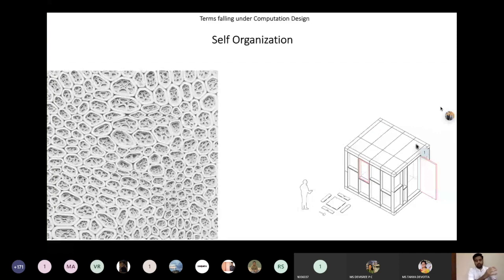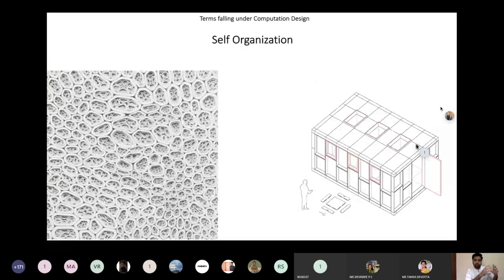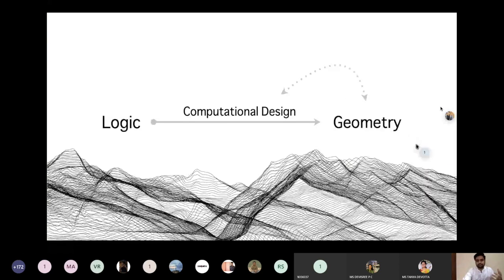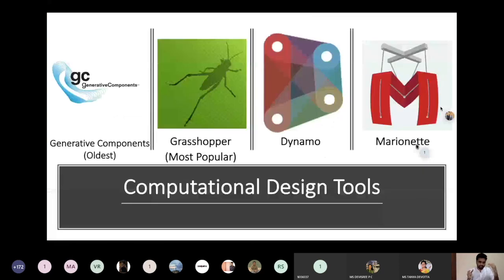So moving on, we can see the logic of the human brain and the geometry he wants to achieve at the end. But before achieving the geometry itself, computational design plays a role in the middle, as a big plugin. So by using that particular platform, we can have multiple iterations. And the tools mainly used were Generative Components, which is way too old, and Grasshopper, which was just